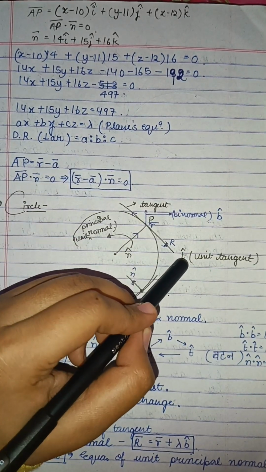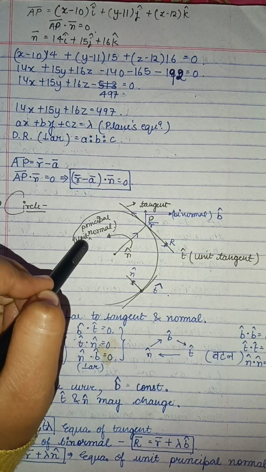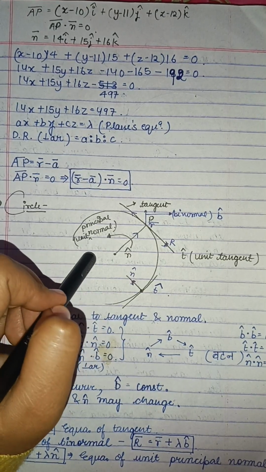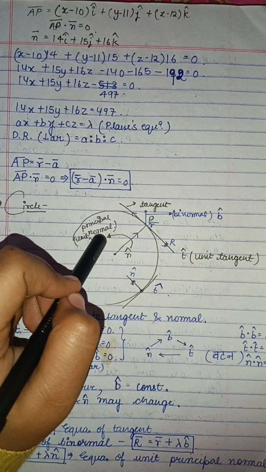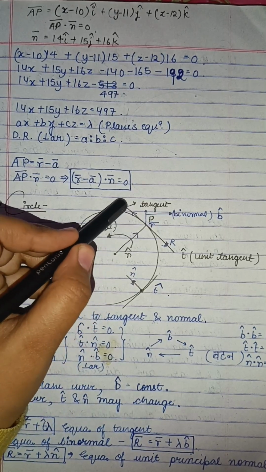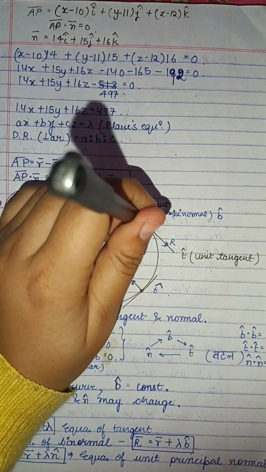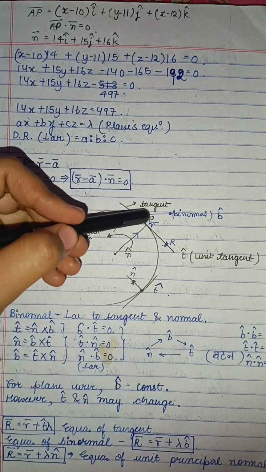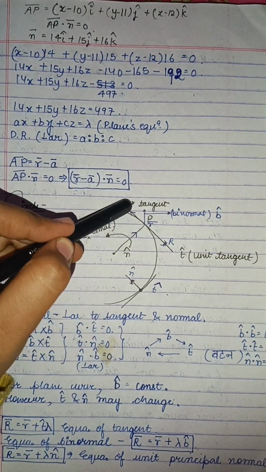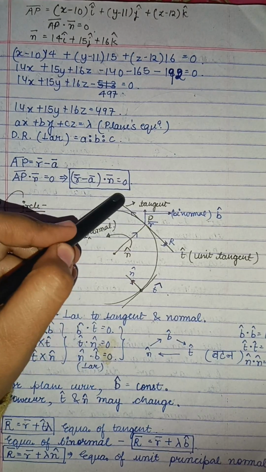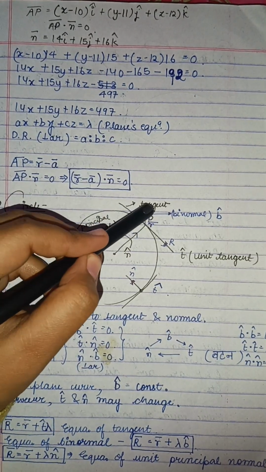This is unit tangent vector t cap and this is n cap. This is unit principal normal. We can also say unit normal, but to dissociate it we say unit principal normal. Now if we draw a perpendicular to both of these, it will come as this. So we are simply representing it like this. This is the binormal. This is perpendicular to both t cap and n cap. This is the tangent, this is the unit principal normal, and this is the binormal.